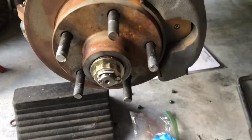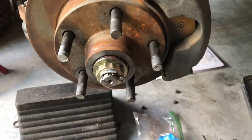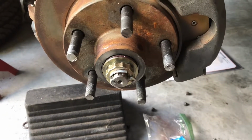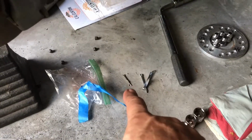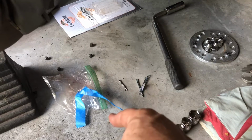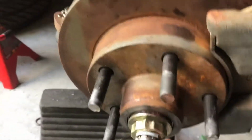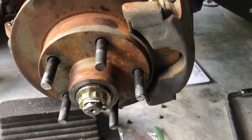Got this put back together. Set the preload on there. Just basically barely an 1/8 of a turn past finger tight snug. Use new cotter pins. Resist the urge to reuse your cotter pins. I'm as cheap as they come, but those things are fatigued when they're bent. You reuse it again, just like bending steel back and forth, back and forth, it's going to break, and inevitably this thing's going to back off, and your wheel is going to go flying. So anyway,